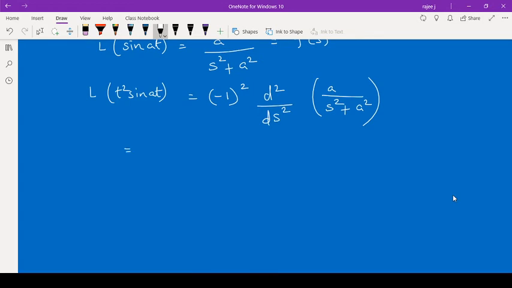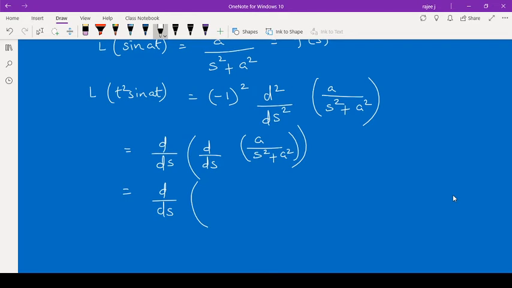minus 1 square is positive 1. Then now we need to find the derivative of this 2 times. So it is d by ds of a upon s square plus a square. 2 times we need to get the derivative. So that is d by ds of, now one time derivative already we had in the last problem, answer of this one. So here a is a constant, then it will be 1 by s square plus a